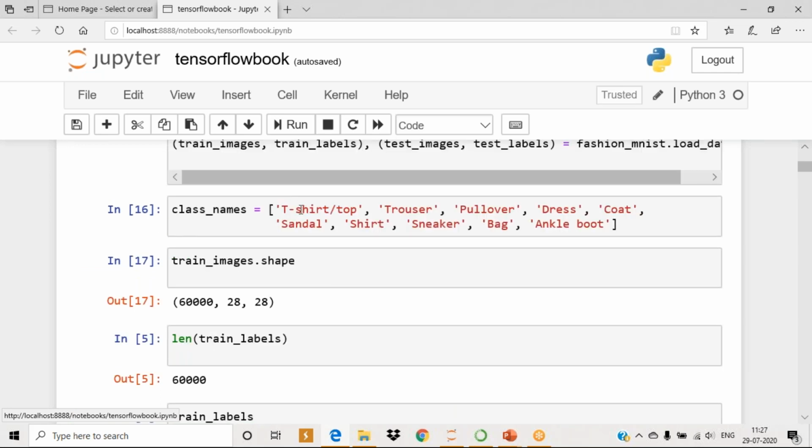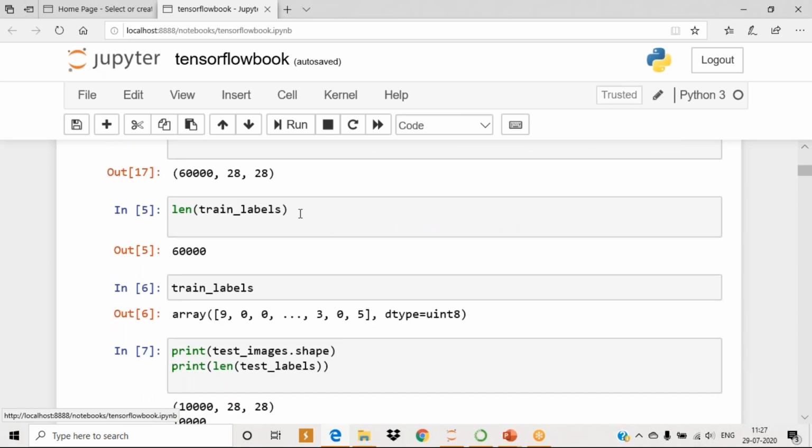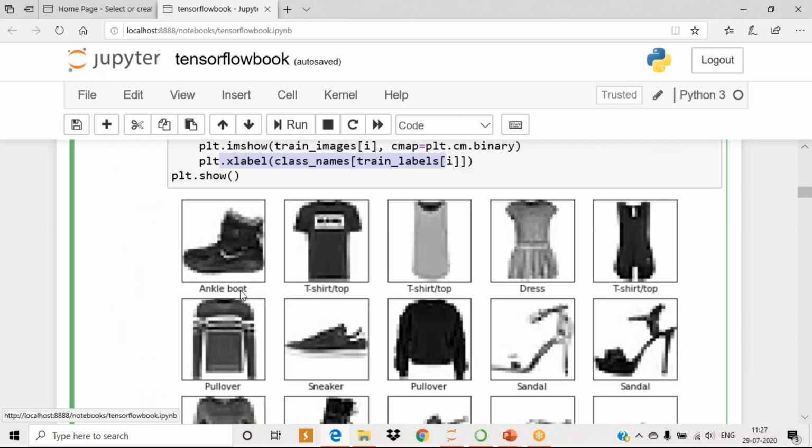So on the x-axis, it prints the name. Otherwise, it will print 0, right? I don't want a 0. I want the name of the type of item. So here I'm assigning the class names of train labels of i. So now the respective item name is printed in the figure. So this is the way you have to explore your data.